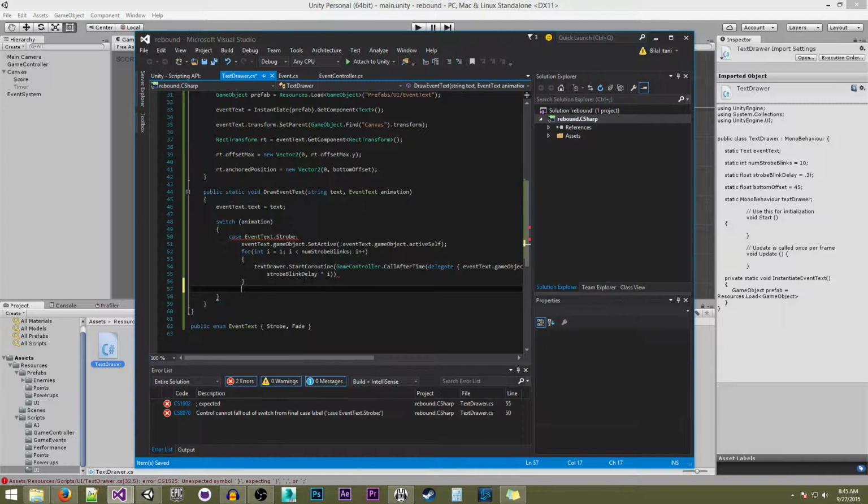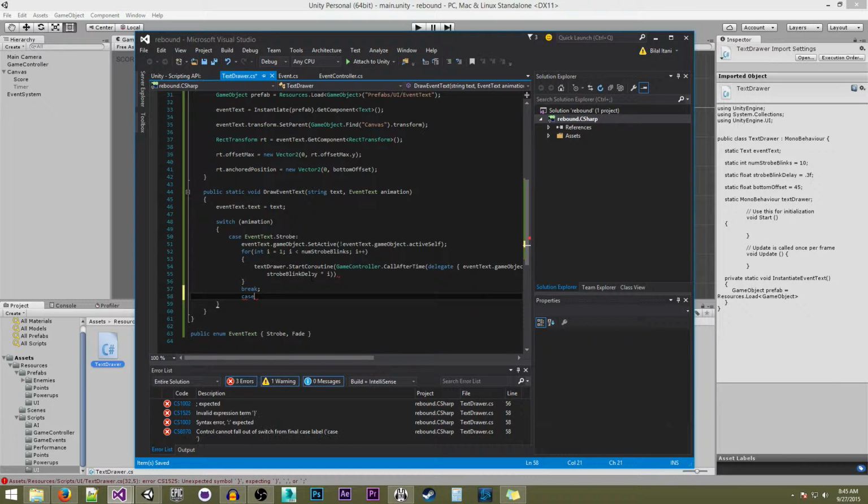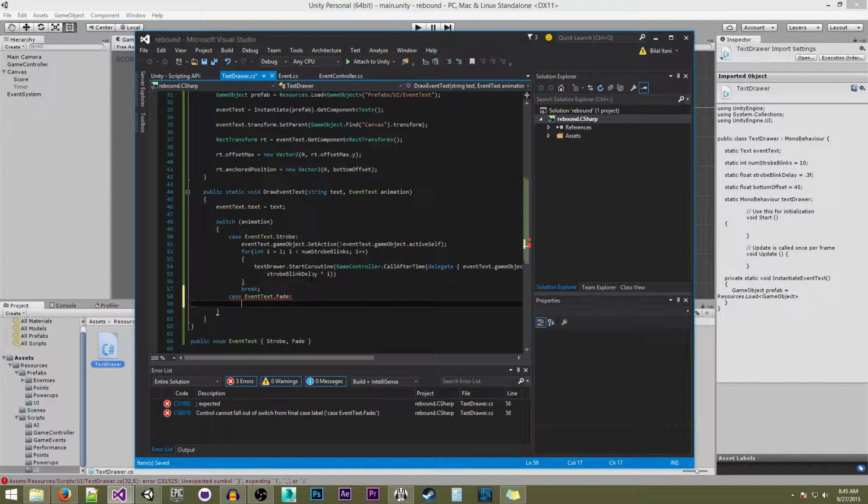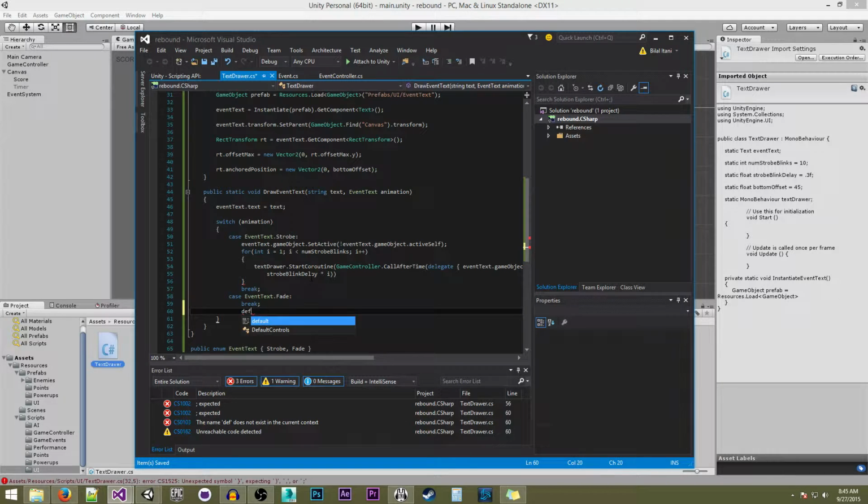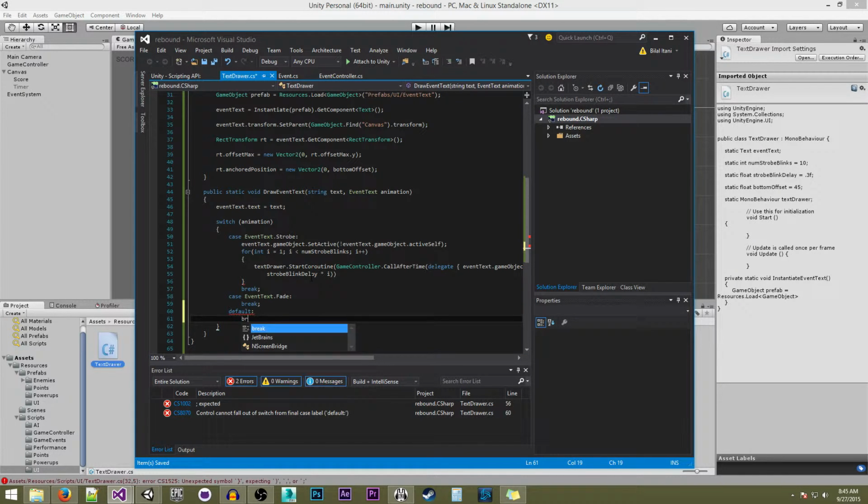Anyway, so now we're going to do break. Then we'll do a case event text dot fade, but we won't write anything in here yet except for just a break. And we'll do the same with the default just because. And now the script should be